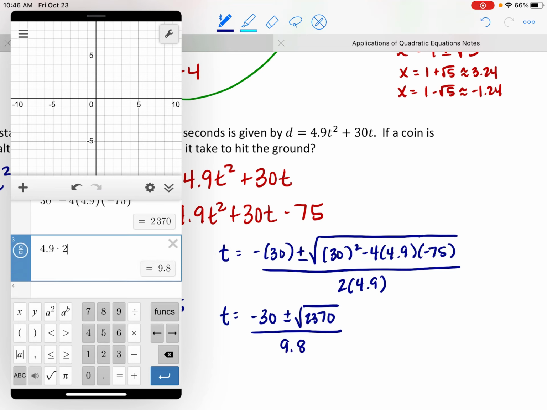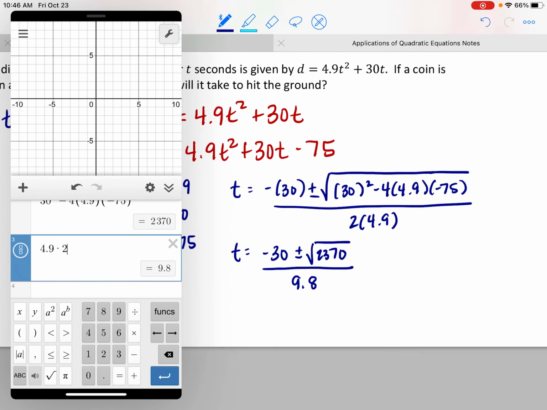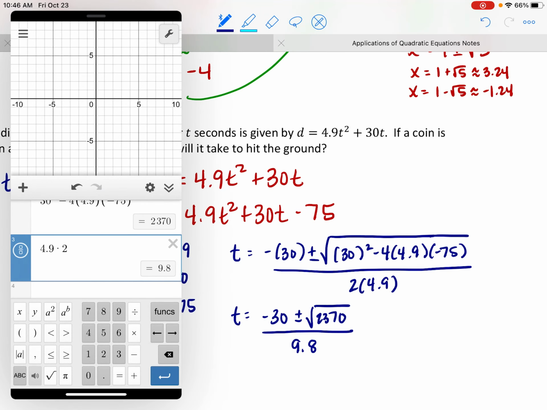Now again, if we had no context here, I would say simplify the radical, try to reduce, but since this is going to be an answer to a contextual problem here, I'm not going to give an answer that has a radical in it, so I'm going to go straight to approximating. So we've got t equal to negative 30 plus radical 2,370 over 9.8, and we also have